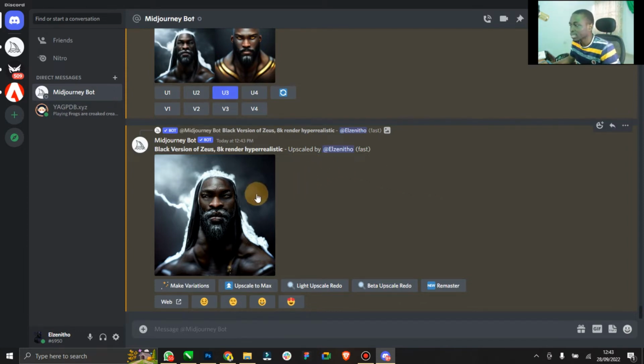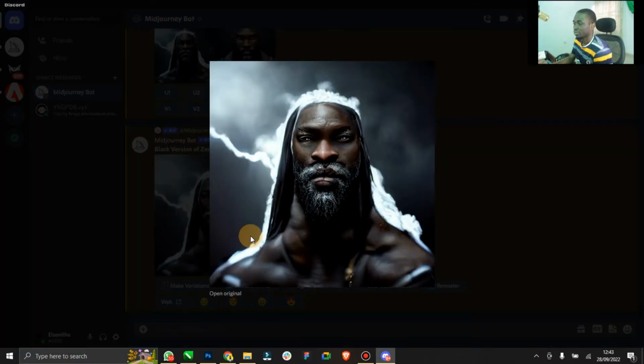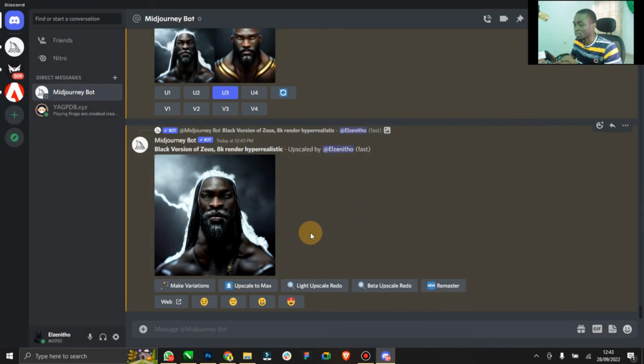So now we are done with the upscaling. Now after upscaling, can you see that it's upscaled, right? But it doesn't look real. So now this is the update. If you look down at this part, you see what we call remaster. When you click on remaster, it's going to transform this image to an almost real image. Now watch. So just click on remaster,